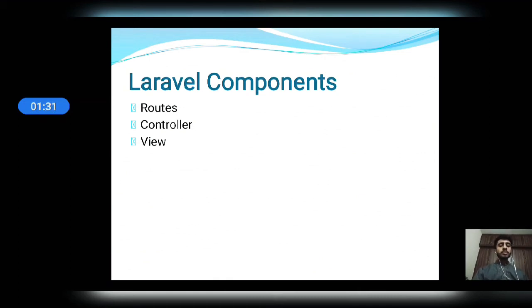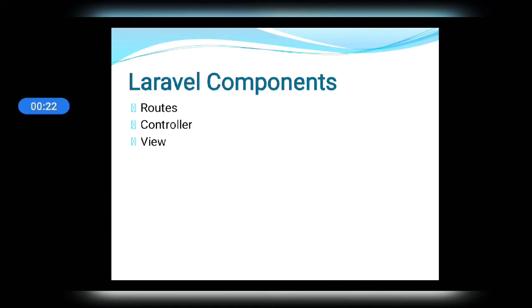Categorically, routes depend on which pages we want to take our URL. Then the controller basically connects the entire Laravel to the database to fetch data and to implement data. Last is view. In this we have as many web pages as we can see. So it just shows our Bootstrap working. So this is the basic concept of Laravel components.